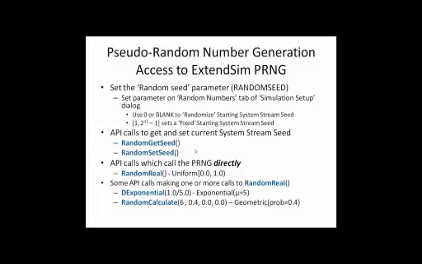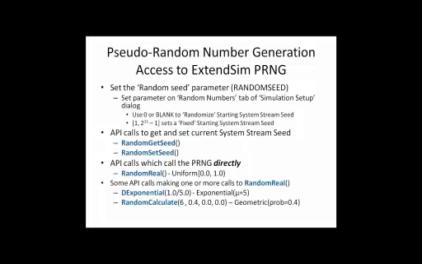Second is a way where we can actually set that. And we'll see these in use in the next few slides here. Next area here is how do we actually cause a new draw on the PRNG? And essentially there's only one ExtendSim API call that does that. And that's this call to random real, which ends up doing it, generating the next